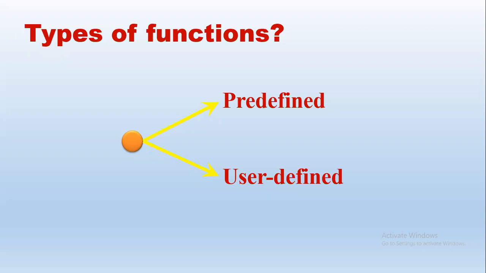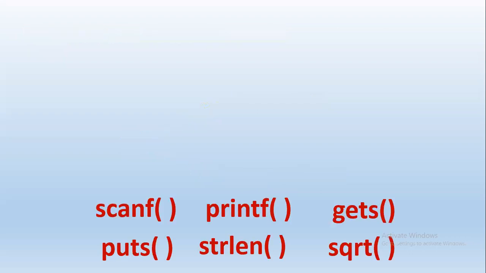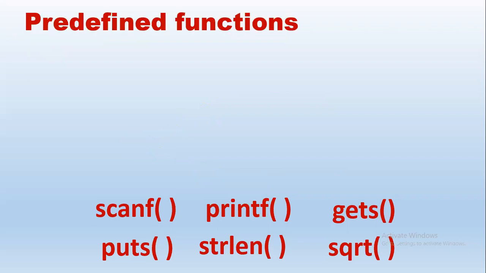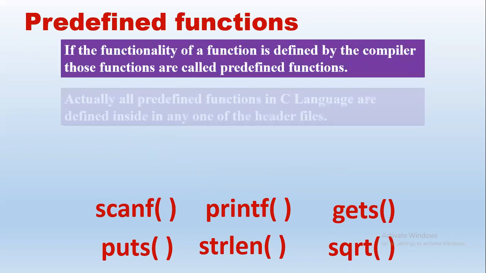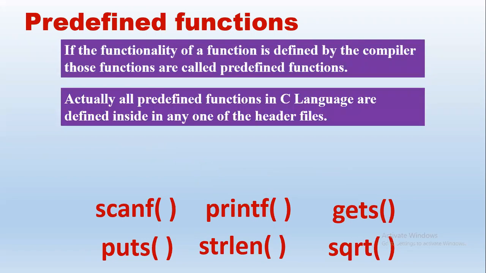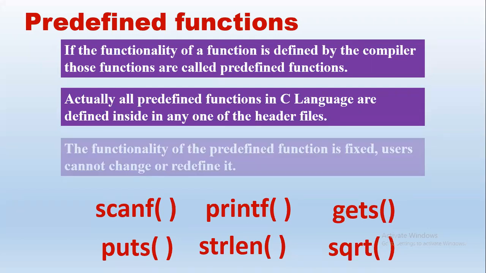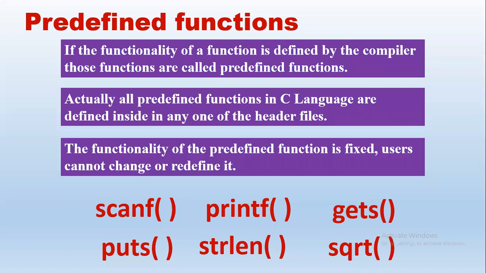So like this, we have the predefined functions. As you can see, scanf, printf, gets, puts, all these are keywords and they are already defined. So they are all predefined functions. They are defined by the compiler, and we have seen this, right? They are all defined and mentioned in the header file. If we have to use these built-in functions, we have to include the respective header files, right? Here we cannot change the meaning. We cannot say printf has to take input or scanf will print something, right?